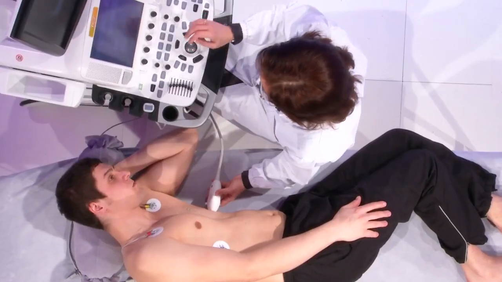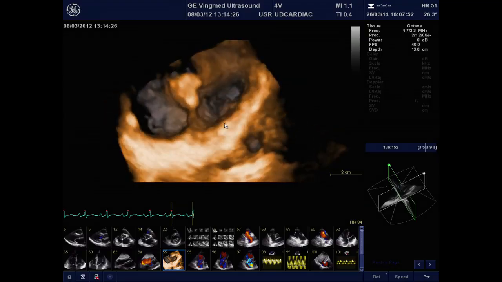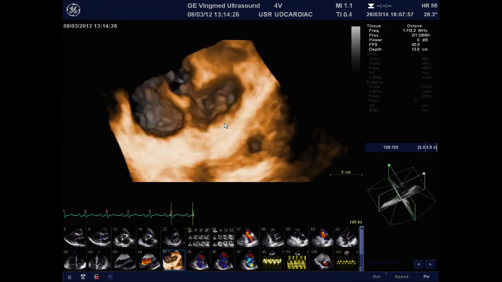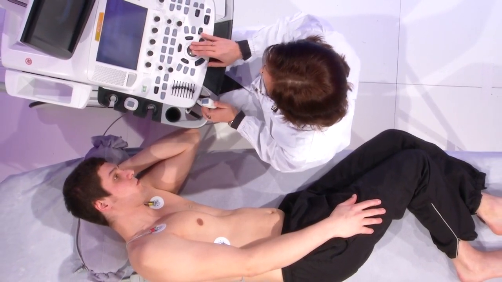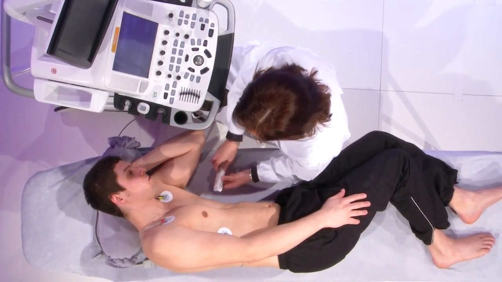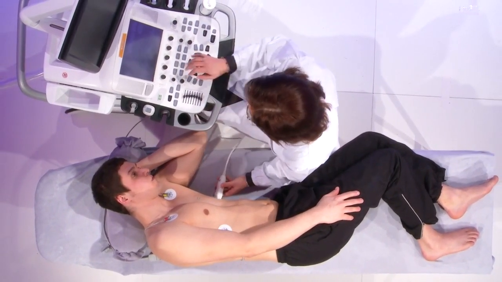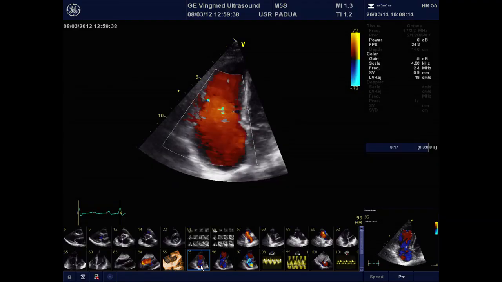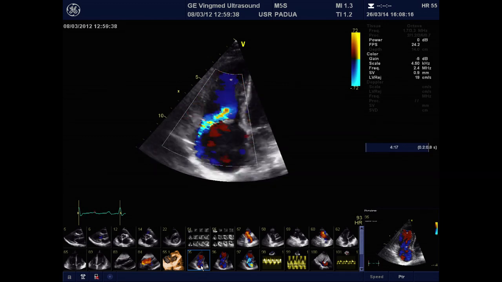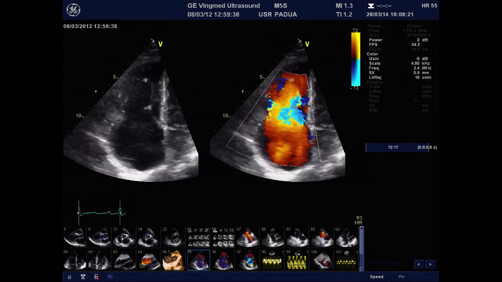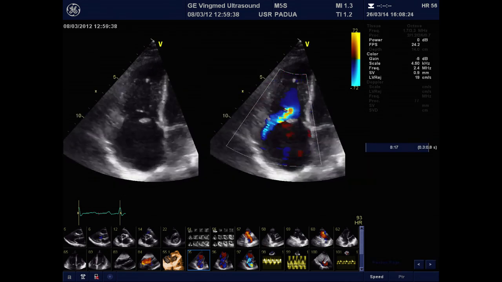Then, I will switch again the probe for scanning in 2D in order to assess the severity of the tricuspid regurgitation. Okay, in the 4-chamber view this time, placing the probe in the apical region, and then I will select the color flow mapping, and you can see that there is a highly eccentric jet that we can appreciate also simultaneously side by side with the 2D imaging of the valve,